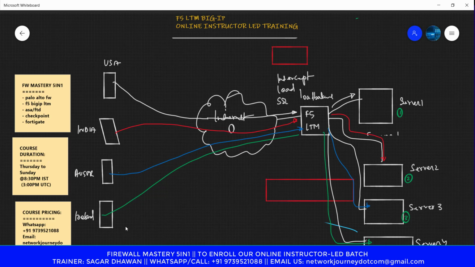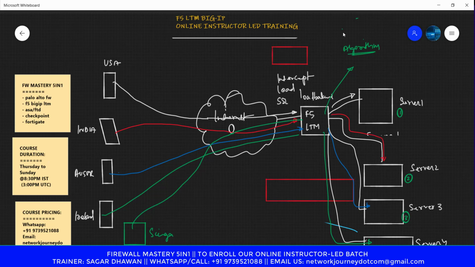Now, what if there was one more user from, let's say, Singapore, and his traffic hits the F5? Now, who should the F5 send it to? So you must know that F5 makes use of some algorithm.